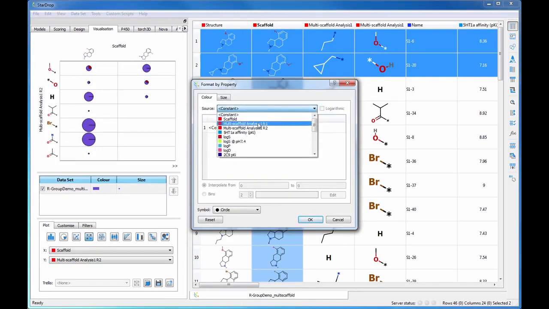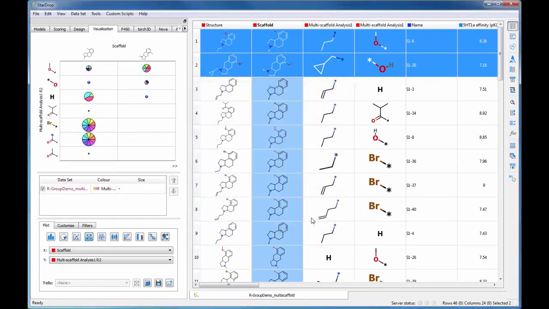In this example, the pie charts have been coloured by R1 to show which R1 group has been tried with